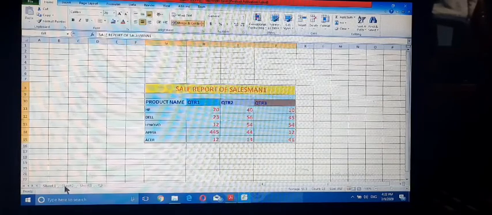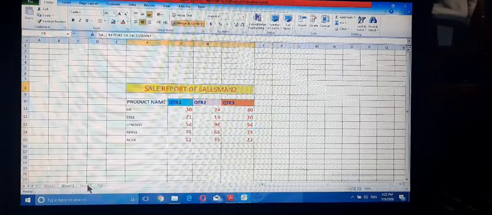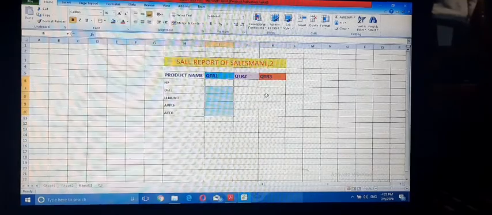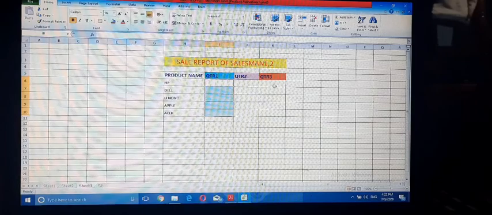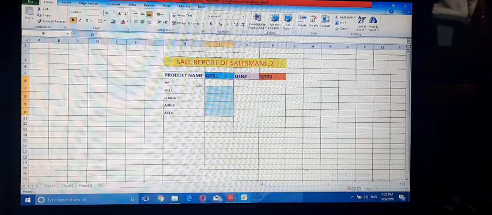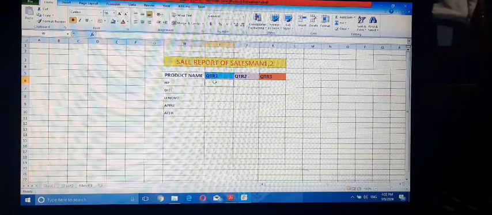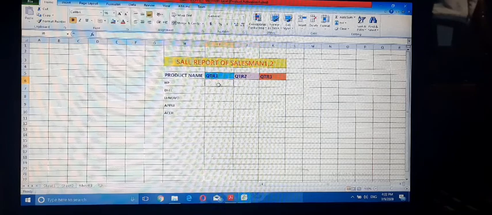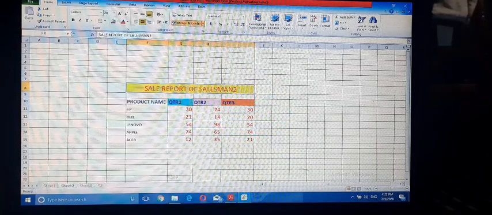I want to consolidate these two data in Sheet 3. I want to know how many products were sold by salesman 1 and salesman 2 in quarter 1, quarter 2 and quarter 3, and for this consolidated data, I need to access the data on Sheet 1 and Sheet 2.